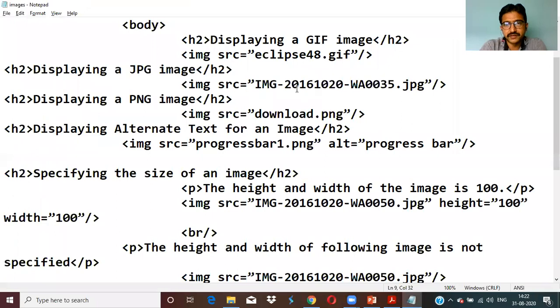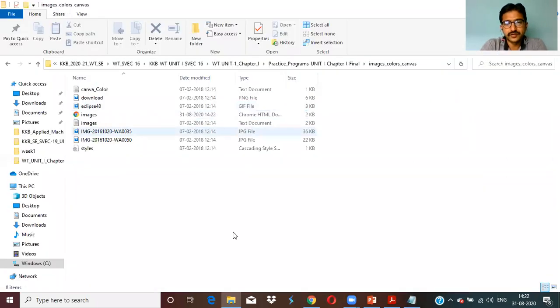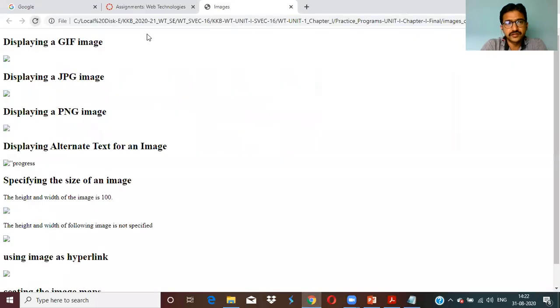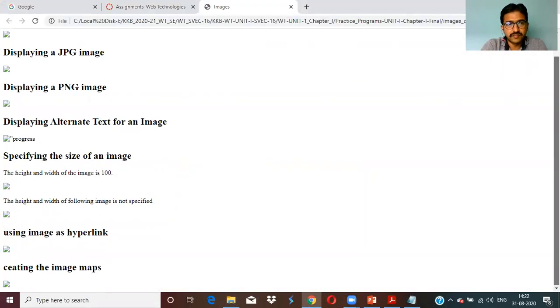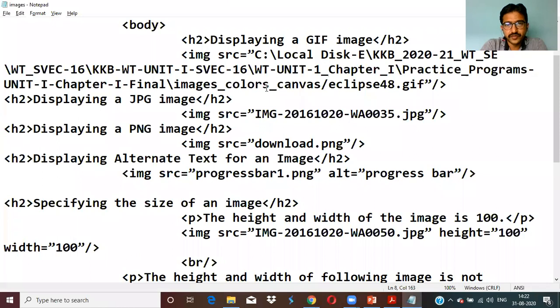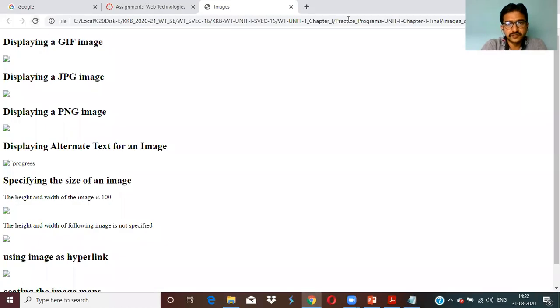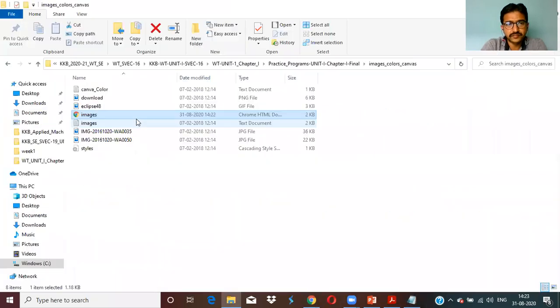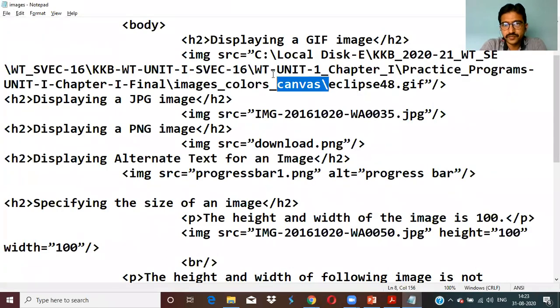We'll add the absolute path. So let me see. Refresh. It's a big path.